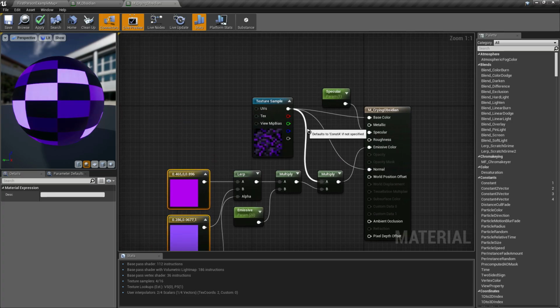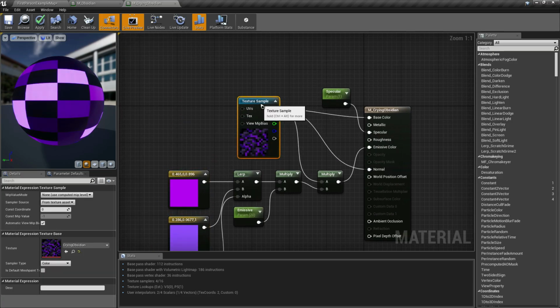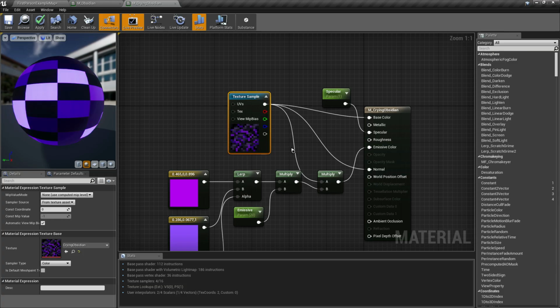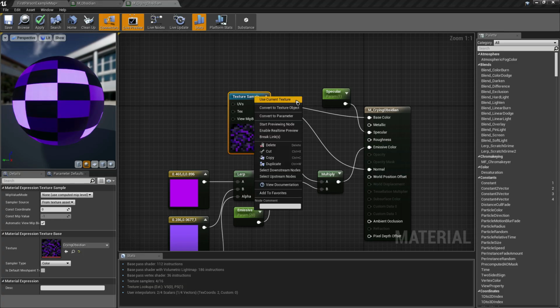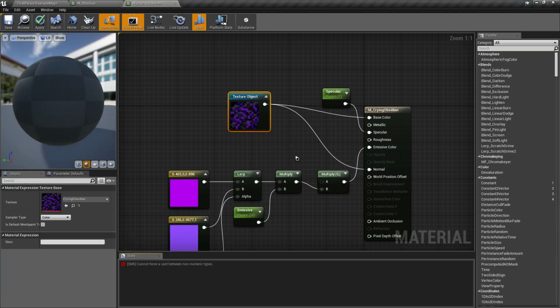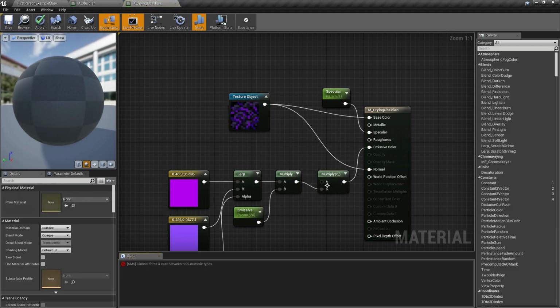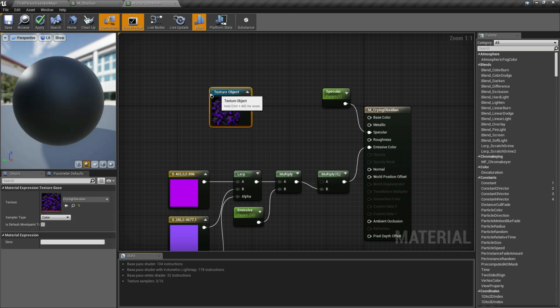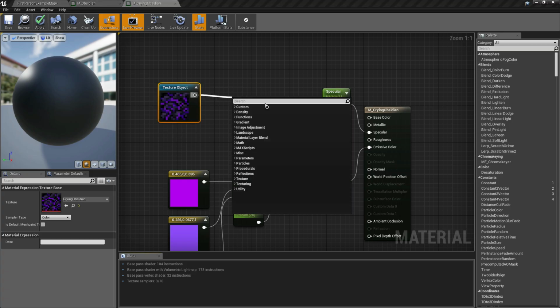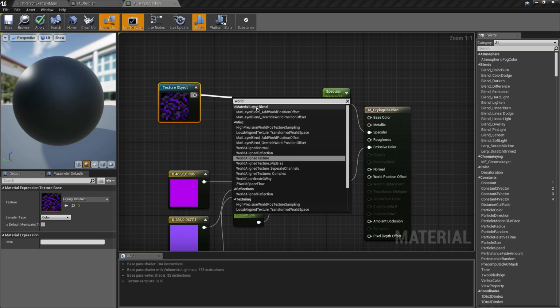Okay, then this texture sample, we're going to convert this into a texture object, and we're going to disconnect this from the nodes like the multiply, normal connector, and the base color. Then let's connect this texture object in world align texture.